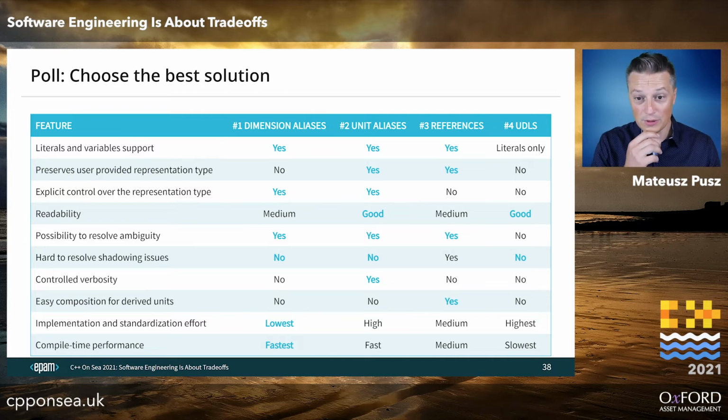Okay, if you would like to get more experience with this feature, please go and try our library, and provide feedback on how it works for you, whether unit aliases are actually the best one, or maybe you'd prefer references, because maybe you just need more hands-on experience, right? But we are looking for feedback on those, right? Because we want to standardize it in the next years. And we have to find out which solution works the best for you, not for us, right? So please try it and provide the feedback.